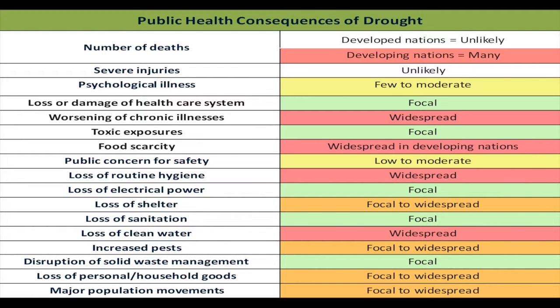Chronic illnesses can also worsen during this period, with the dust and the changes in climate and vegetation that are associated with drought conditions. Also, food scarcity is one of the rare natural disasters that actually does cause widespread food insecurity, especially when we're talking about low resource nations. Also, loss of routine hygiene, as well as loss of clean water, of course, all interrelated when we're talking about the drought phenomenon. So it's a more complex configuration of problems rather than just that simple absolute lack of drinking